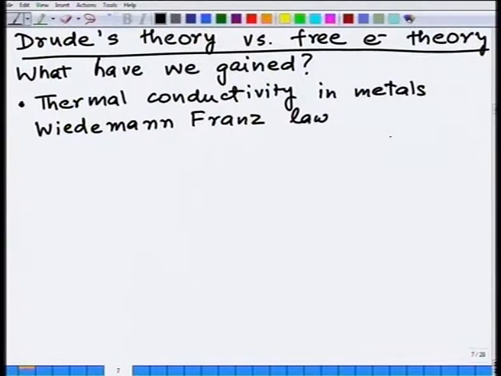So in that sense, we are not talking out of context. When we talk of thermal conductivity in metals, at the microscopic, atomic level, we are talking about the same process which we talk of for electrical conduction. Therefore, we are free to apply the same theory to develop the idea of thermal conduction also, in Drude's approach, or classical approach,